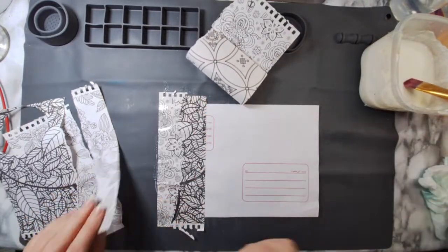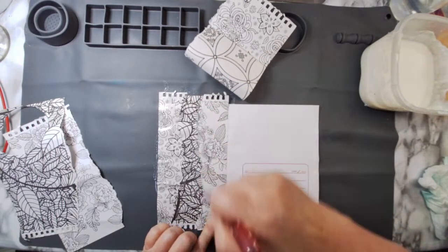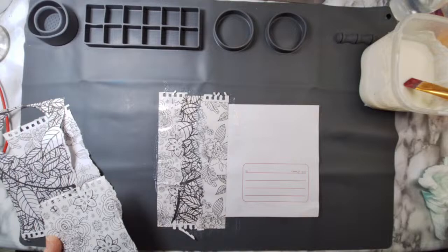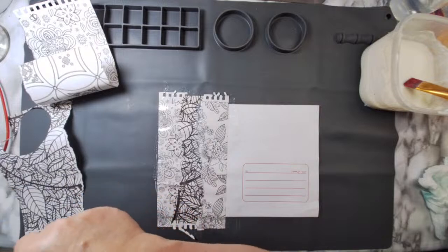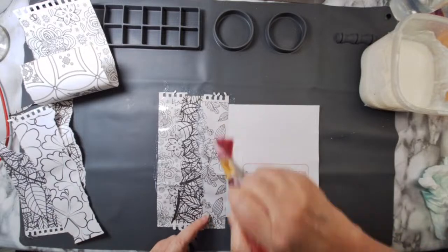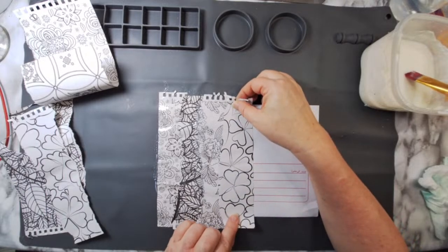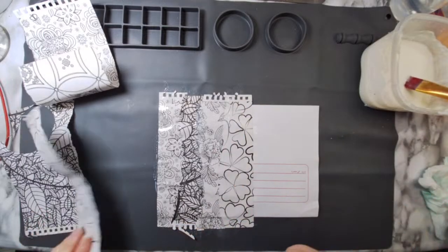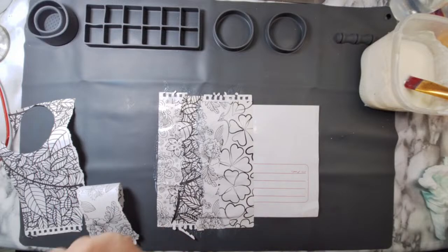Again, you can decide on any theme in terms of color, in terms of pattern. I'm just using whatever I've got here. This was not planned in advance. I just knew I wanted to do some envelopes and paper bags, and most of it would probably go in